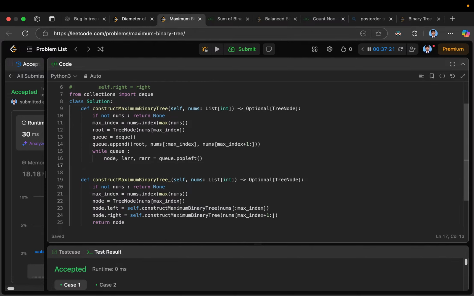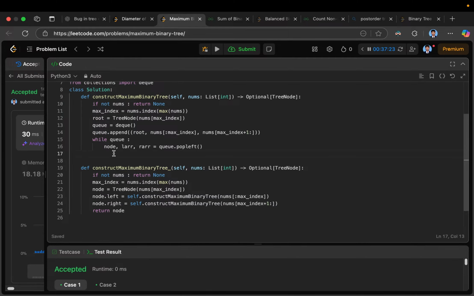This will pop these out and put them in this. And after this, just